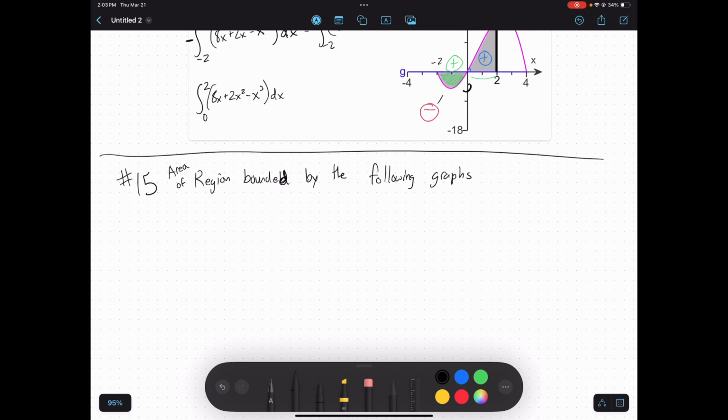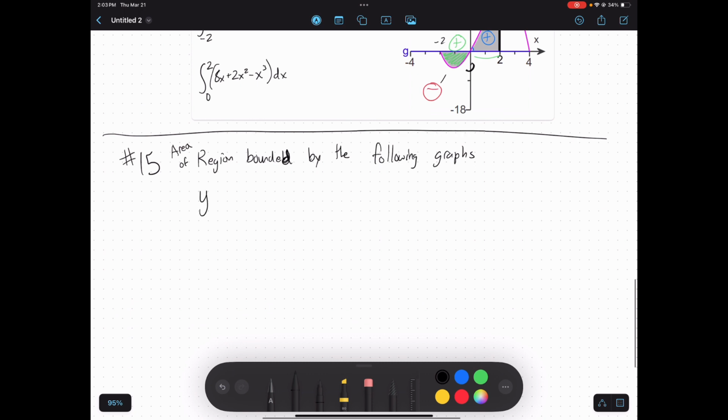Okay. Or it might say by the following functions. But it gives you y equals x squared plus 6, at least in my problem. Your problem might be slightly different. Y equals x squared. And then x equals 2 and x equals 3. So we might be a little overwhelmed by the fact that it gives me 4 functions? 4 graphs? Well, if you look closely,